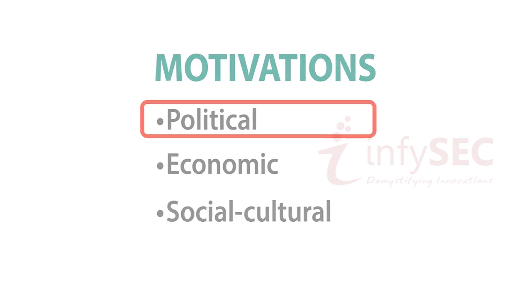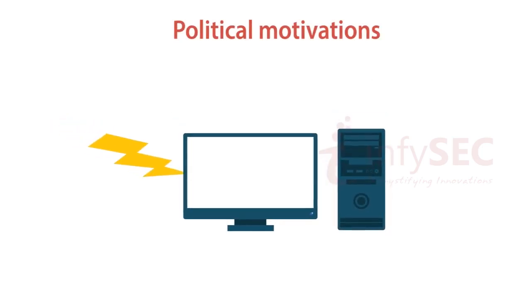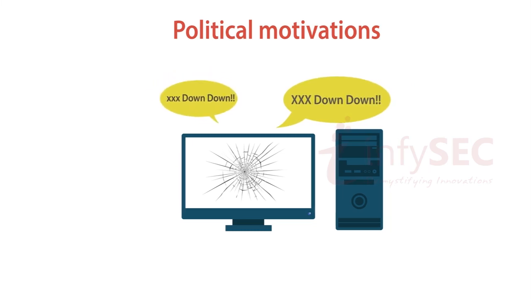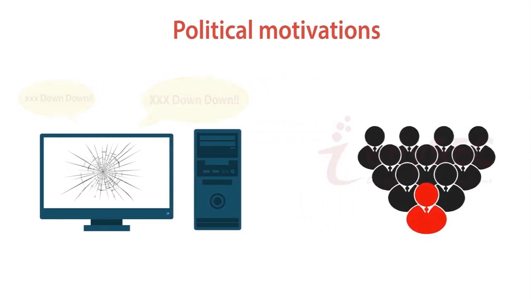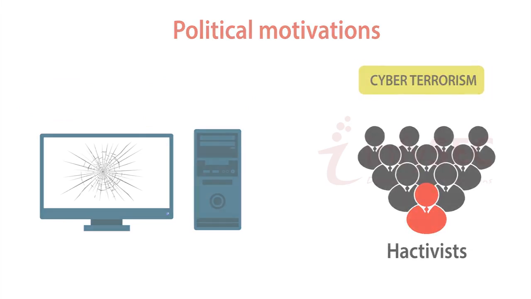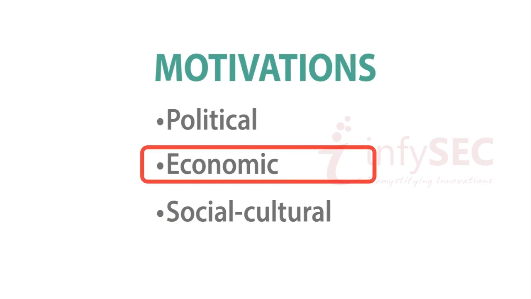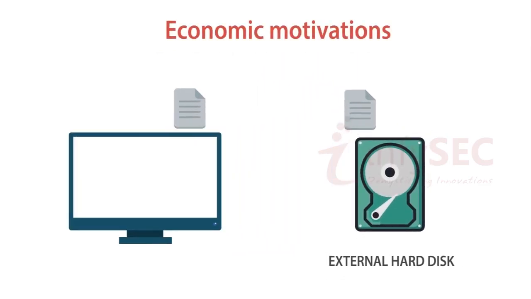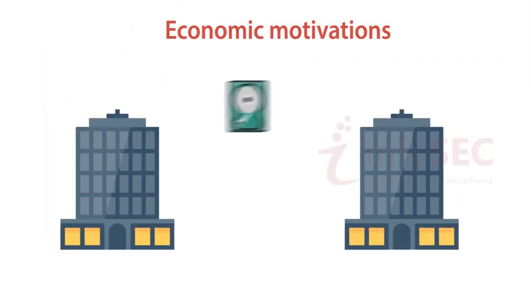Political motivations are aimed at destroying or taking control of the target system, posting irrelevant and controversial political statements. The people carrying out such activities are called hacktivists. Example: cyberterrorism. Economic motivations are aimed at earning money by stealing intellectual data and selling it to the organization's competitors,